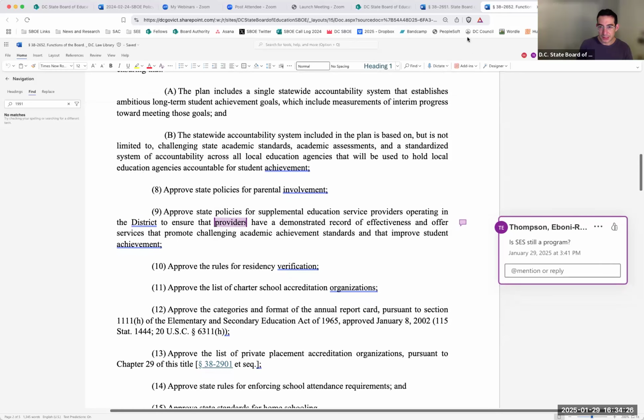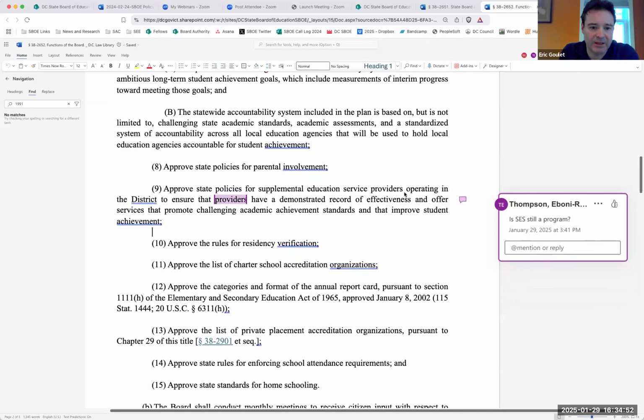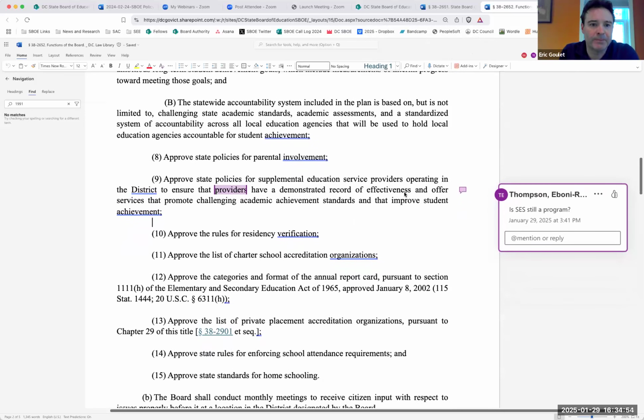Does anyone else have anything, or would like a moment just to go through the document and point anything else out? And if you don't have access to this, I can share the link in the chat. No, I read through it. It looks good to me. I didn't see anything else that really needed to be corrected. But I appreciate Representative Thompson flagging those two because I wasn't aware that we hadn't done those in some time.